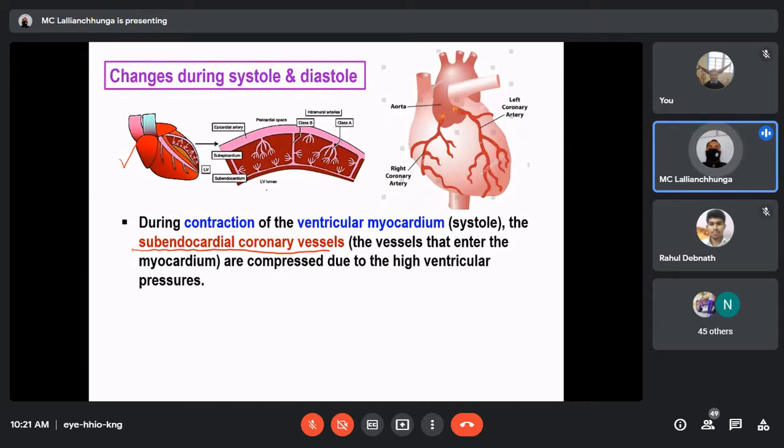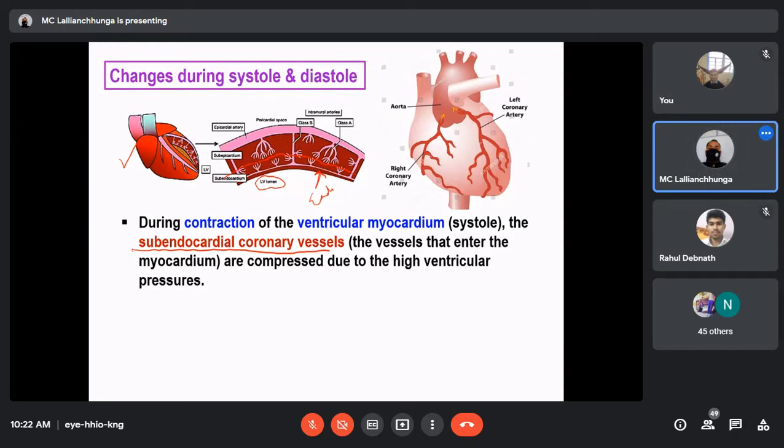Let's say during this, the second diagram. You see, this is the lumen of, let's say, the ventricle, and here this is the endocardium, the innermost layer of the heart. Just above the endocardium, the myocardium starts. I'm drawing here: the area which is closest to the lumen of the ventricle is the subendocardial portion. Here blood vessels are shown. You can see, these structures are the blood vessels.